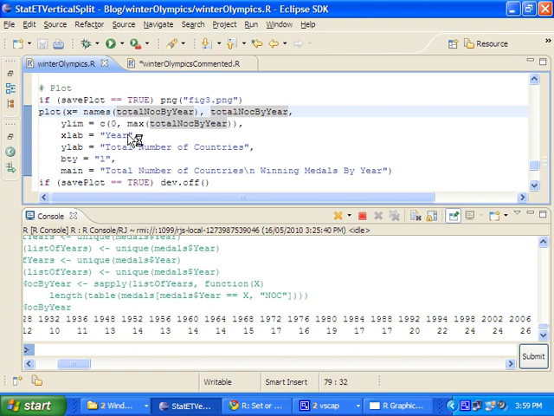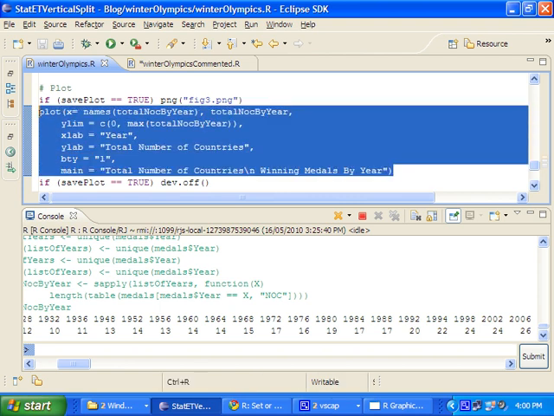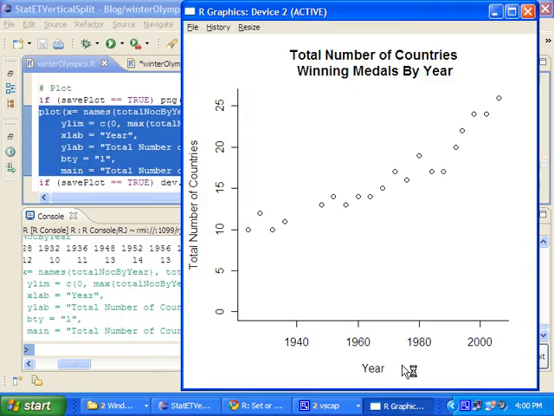There's a little bit of tidying up here, giving an x-axis label year, y label, box type, and the main title. The only interesting thing in the main title here is this little \n to indicate that I want to have a new line at that particular point. So if we run that,